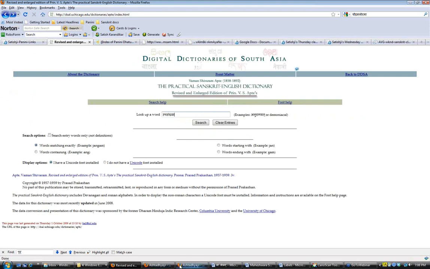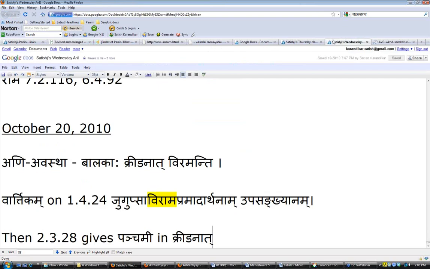Okay, so let's go back to the document, and we're talking about how Viramanti takes the Parasmaipadam ending, because the dhatu Ram in Dhatupatha is Rame, Ramate. Tanteshu Ramate Buddhih.